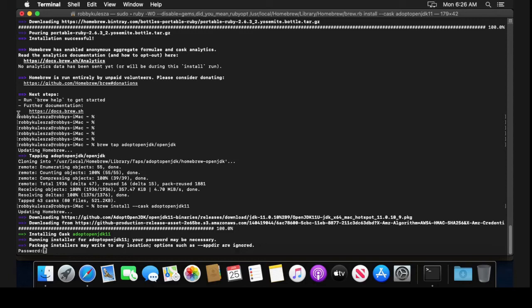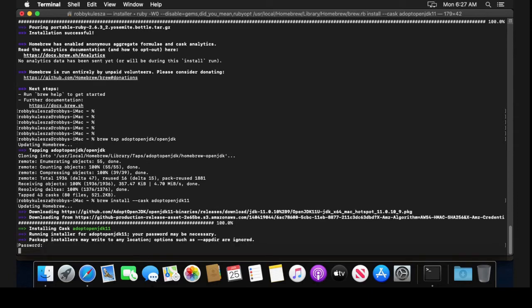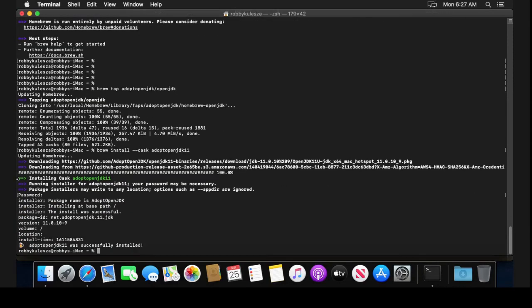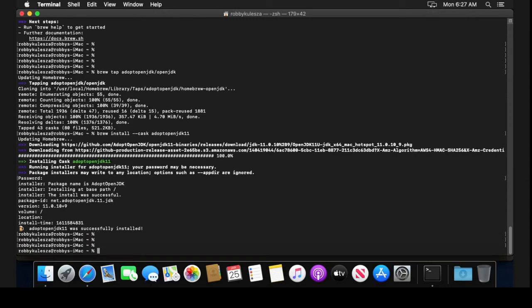At some point while it's downloading, it will ask you for your password. So once again, just enter your password and click enter. Alright, so now that that was successfully installed, and we can now input whatever we want again,